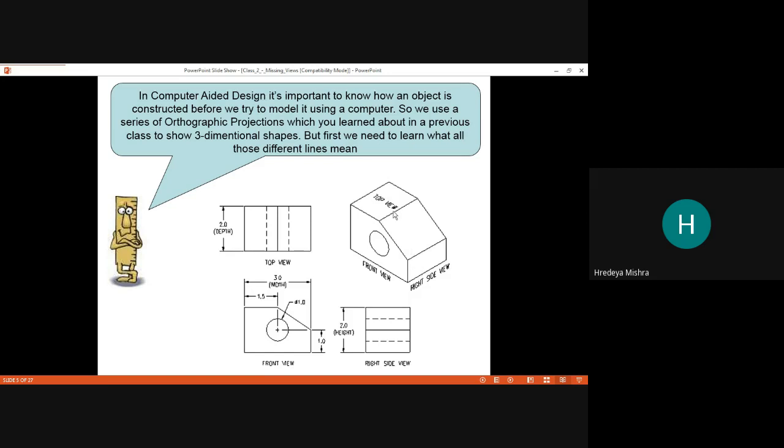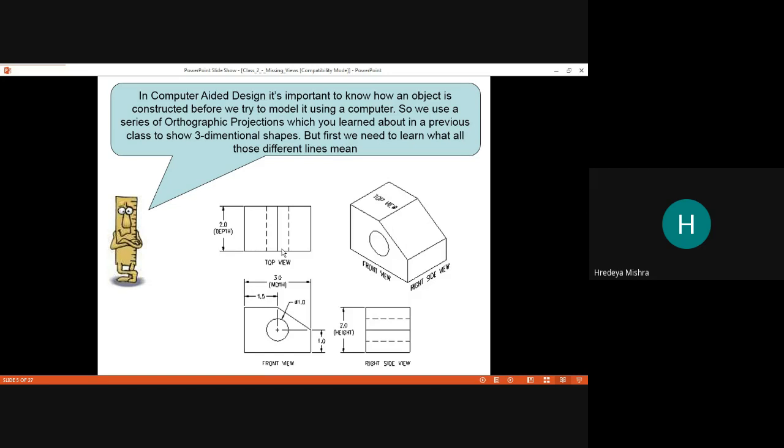So what happened, as you see, here is an inclined surface. This inclined surface is visible in both planes, in the top plane as well as in the side plane. So this inclined surface is common to the side view as well as the top view.